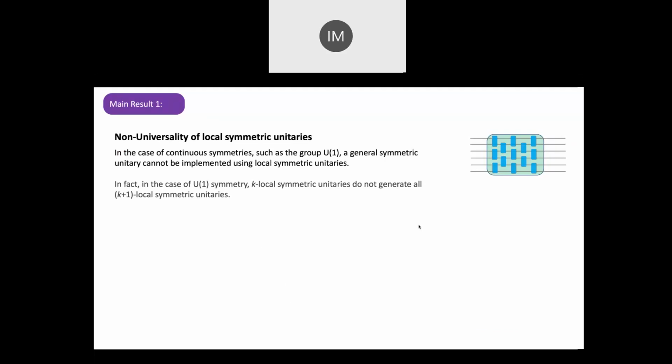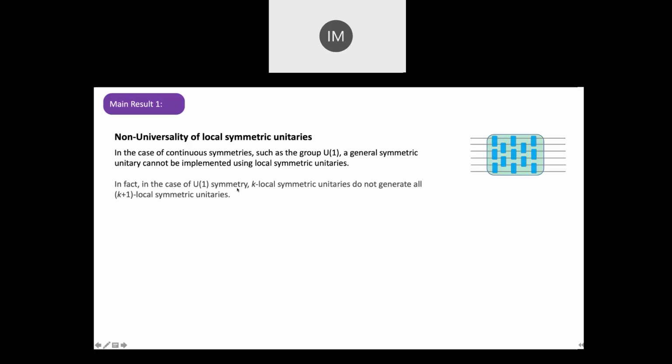The first main result is non-universality of local symmetric unitaries. It turns out that in the case of continuous symmetries, such as group U1, a general symmetric unitary cannot be implemented using local symmetric unitaries. In fact, in the case of group U1 and this system of qubits, it turns out that even k